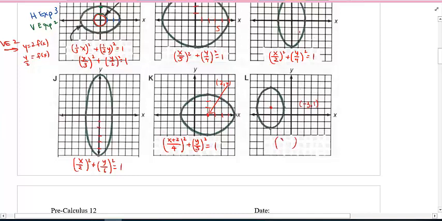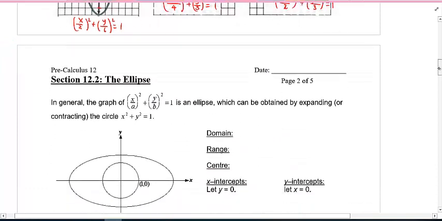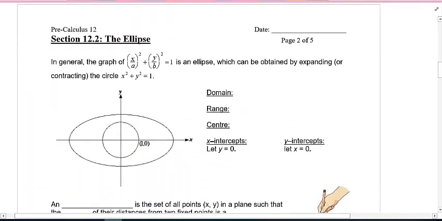Center is negative 3 over 1. Oops, it's not 1, this is 2. Getting too excited. 1, 2, 3. Don't forget the square. And it always equals 1. Great. So, in general then, the graph of (x over a) all squared plus (y over b) all squared equals